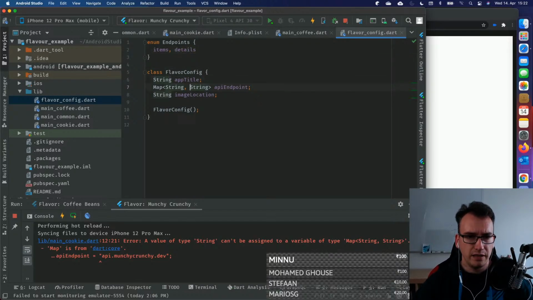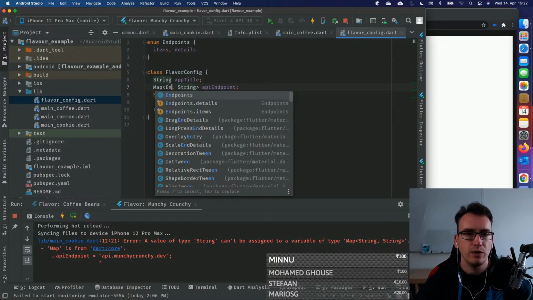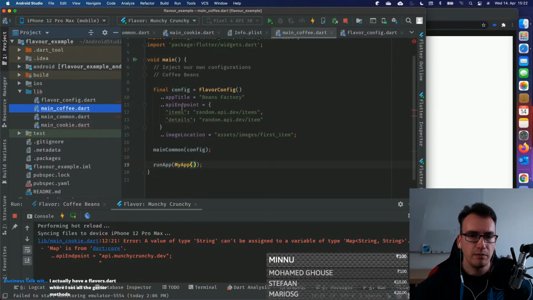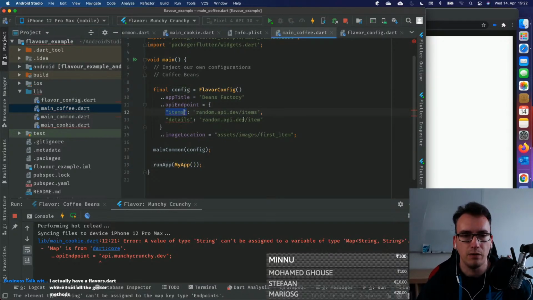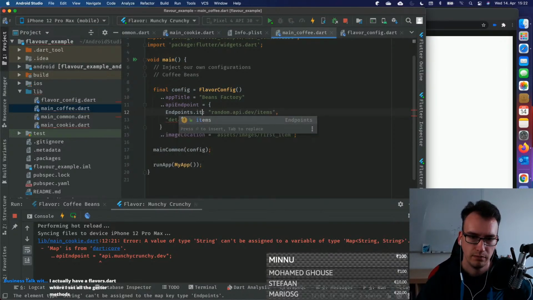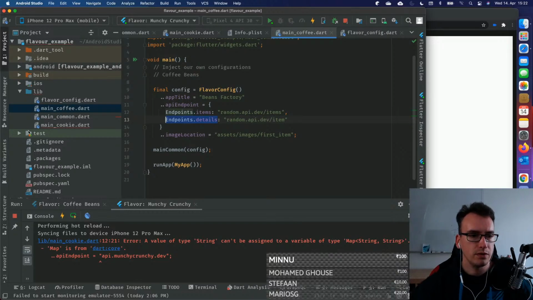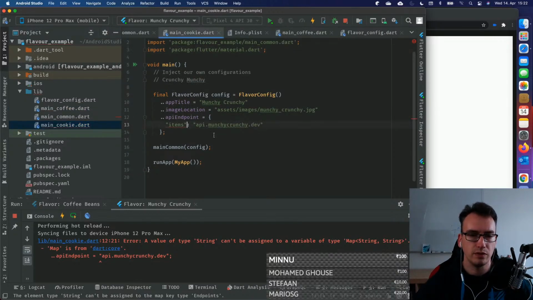And now, instead of giving the string here, we say endpoints. Good. So now it complains again, but we have here our endpoints.items, and here the details. Good. Same thing for the cookies. So